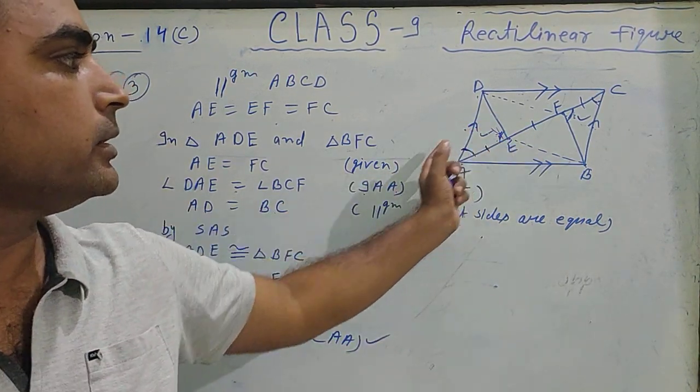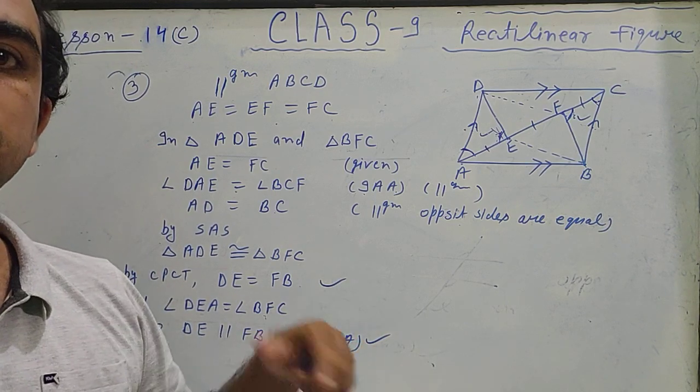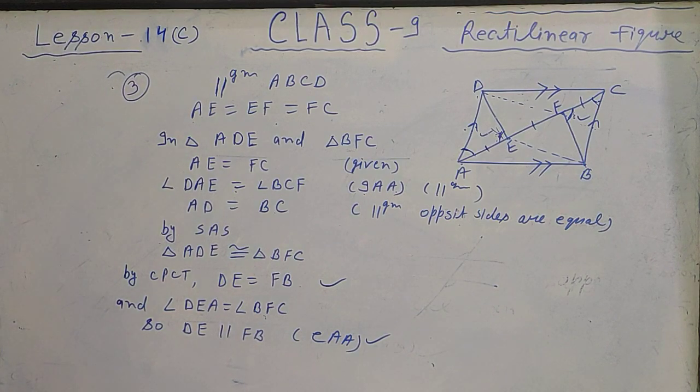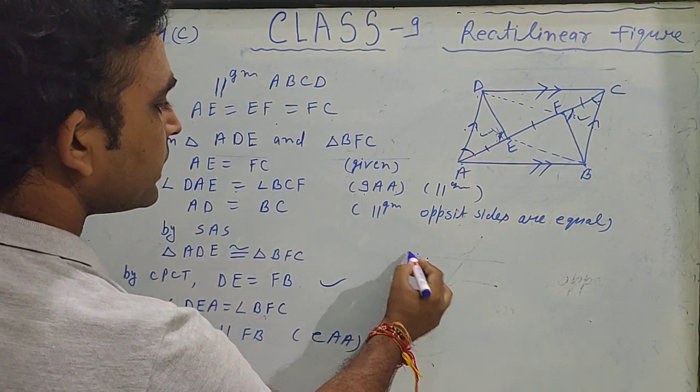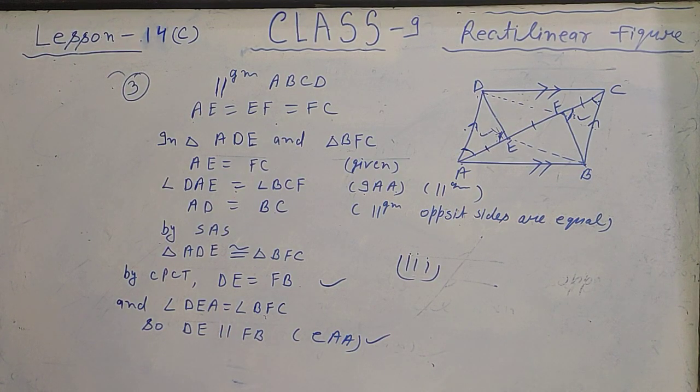So this follows the condition that in a quadrilateral if one pair of opposite sides are equal and parallel then it will be a parallelogram. So that's why in the third part write the definition that we discussed in